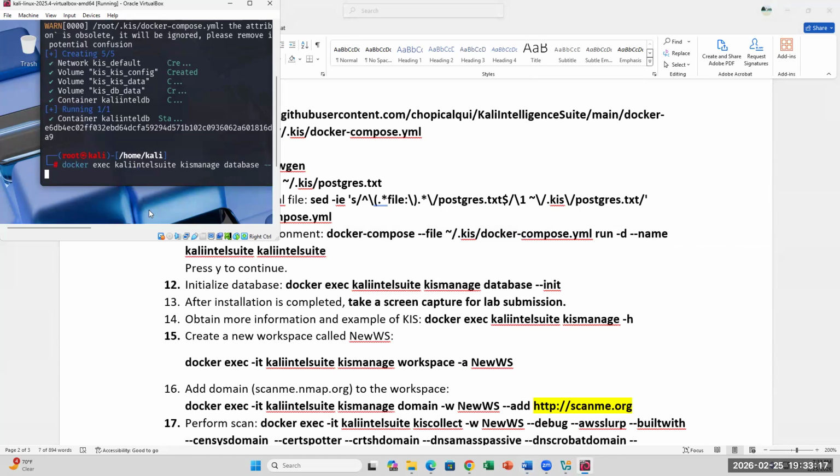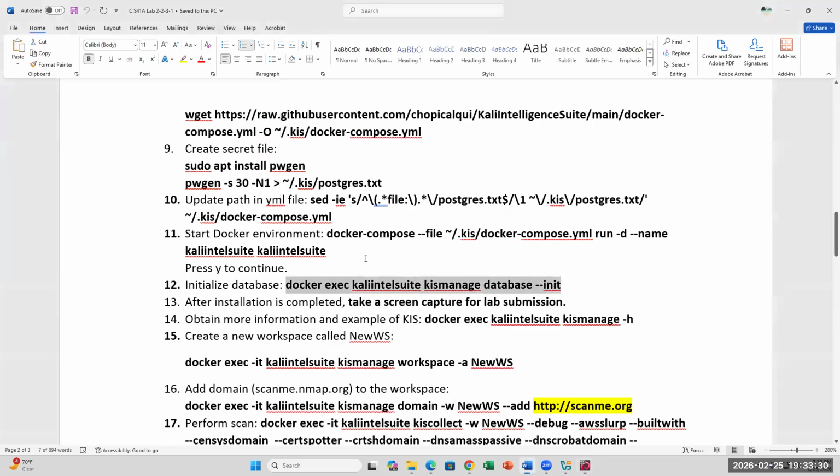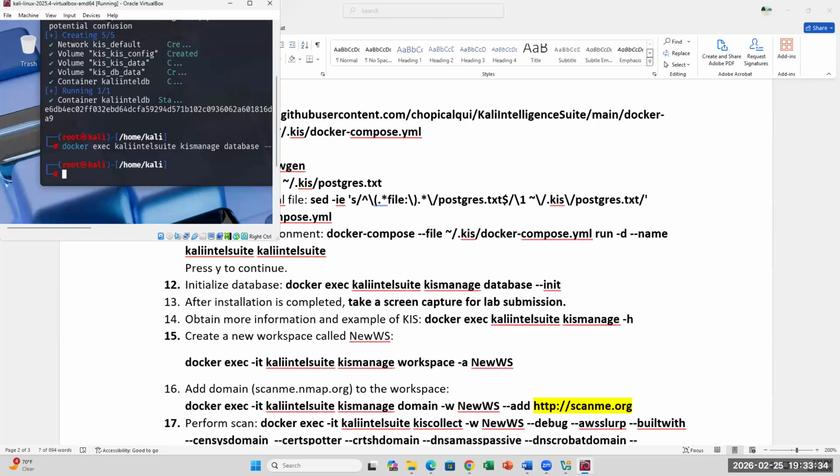So sometimes you have to backtrack if you're running into an error. You ask yourself, which step did I do last? What am I trying to achieve in the last step? So now I activated the database, and then I'm going to wait. Take a screenshot for this to show me that you got there. And then I'm going to